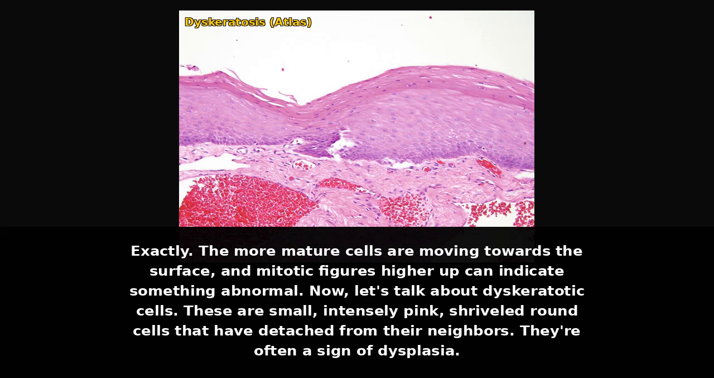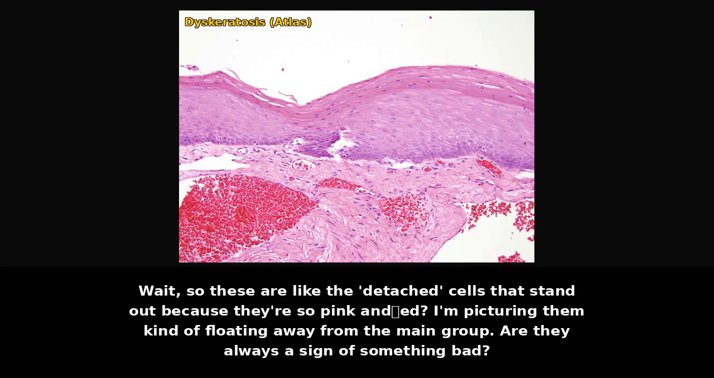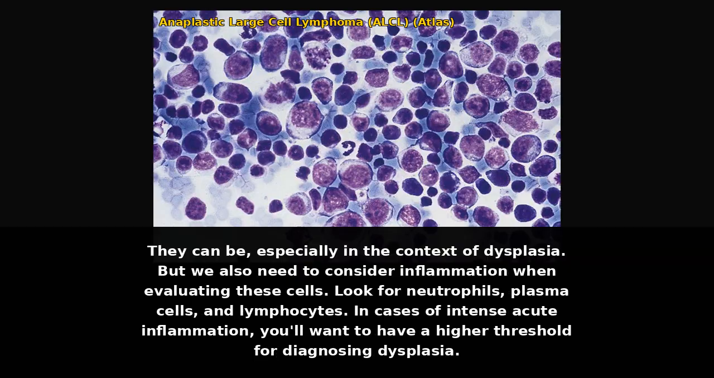And now let's talk about dyskeratotic cells. These are small, intensely pink, shriveled round cells that have detached from their neighbors, and they're often a sign of dysplasia. So these are like the detached cells that stand out because they're so pink? I'm picturing them kind of floating away from the main group. Are they always a sign of something bad? They can be,